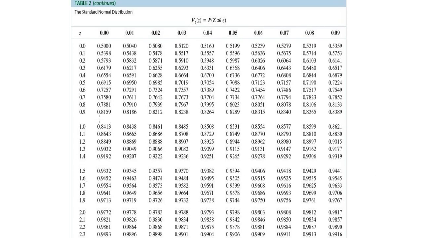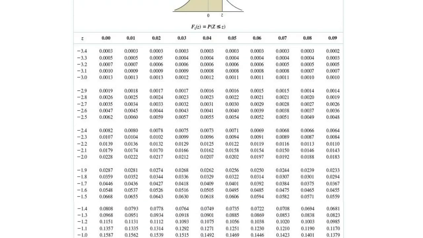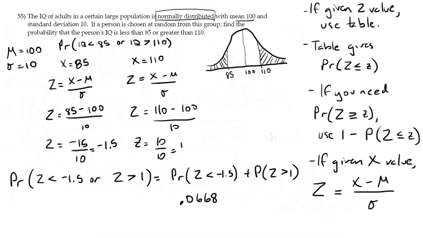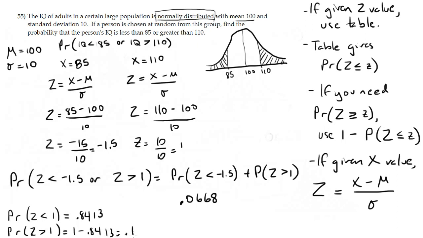That's 0.8413 here. So the probability that z is less than 1 is 0.8413. Probability that z is greater than 1 is 1 minus 0.8413, which is